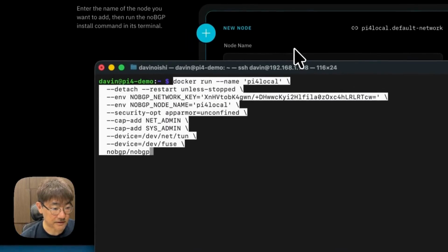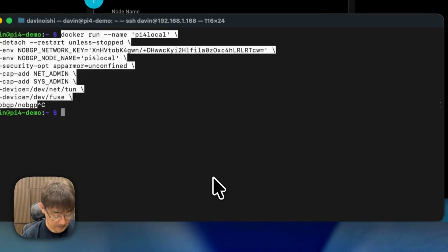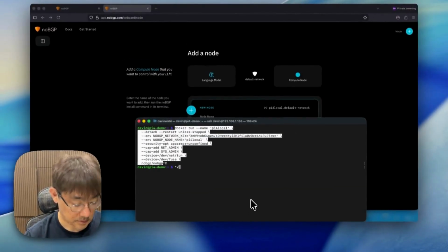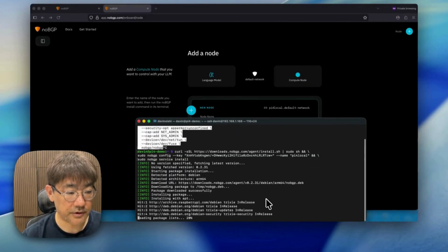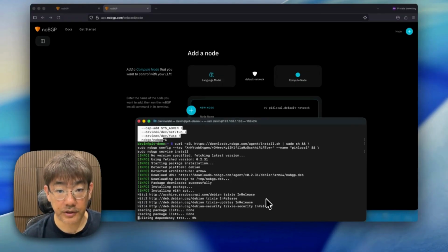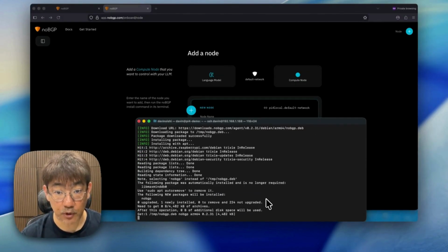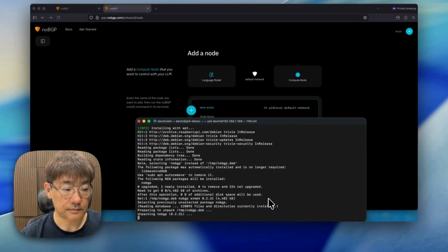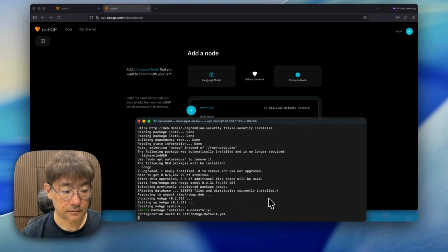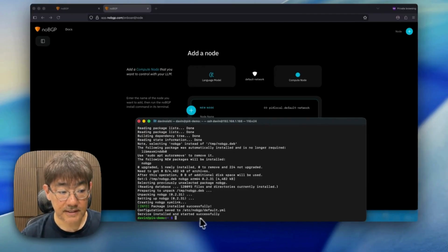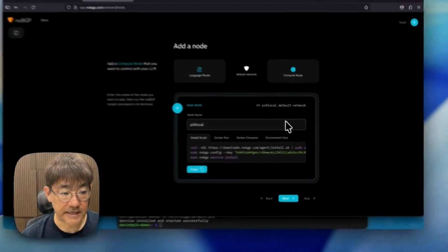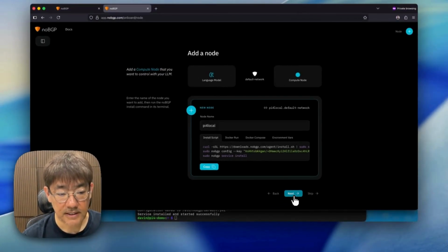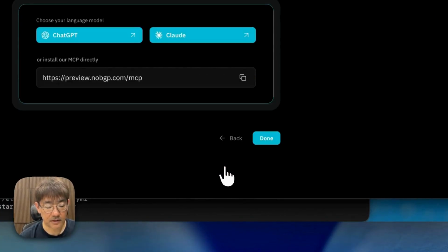Whoops, that's the Docker install script. The local install script, come back here, and copy that command. It's going to install the noBGP agent on your, in this case, a Raspberry Pi, which I have set up locally. When that's complete, you're going to get a service installed and successful message, and I'm going to come back to my dashboard, and this button, which was grayed out, is now available to click next,